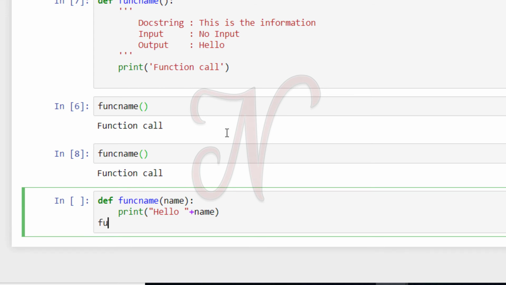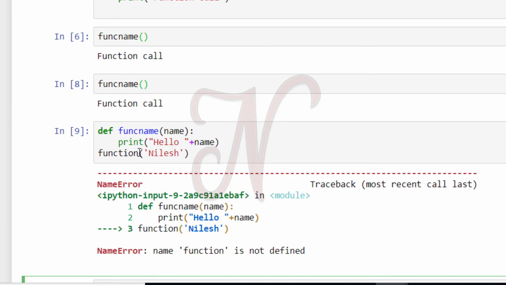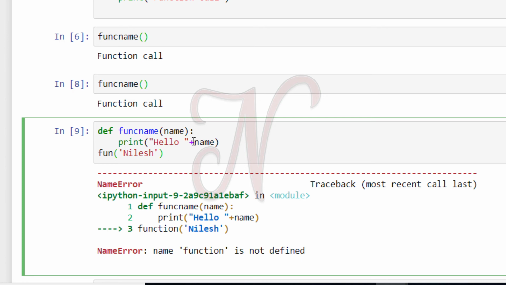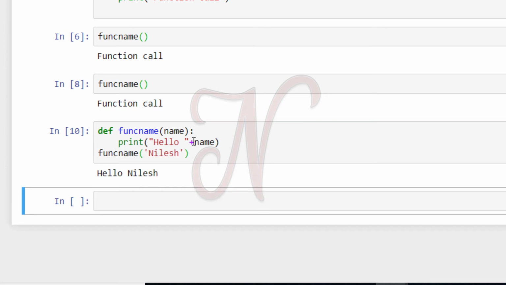Now call this function with my name, Nilesh: func name. See here, hello Nilesh. So this is an example of a function parameter.